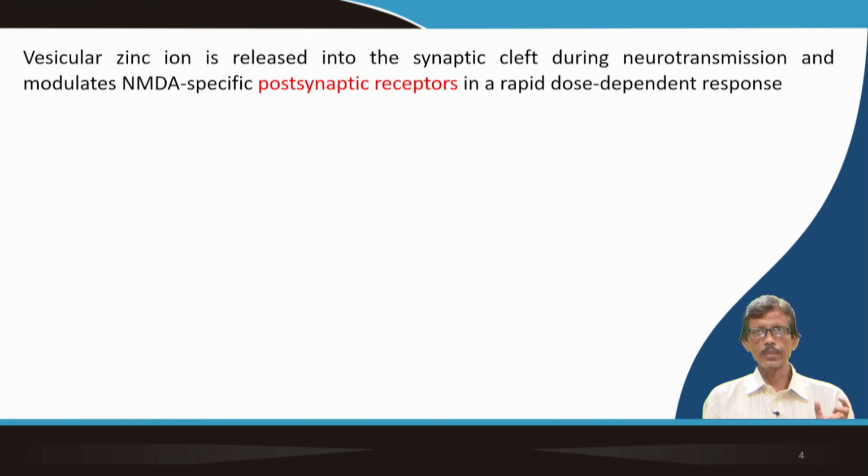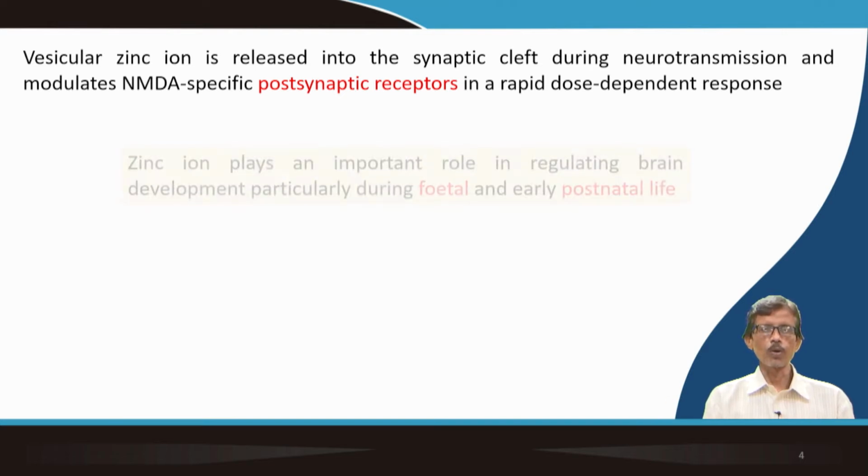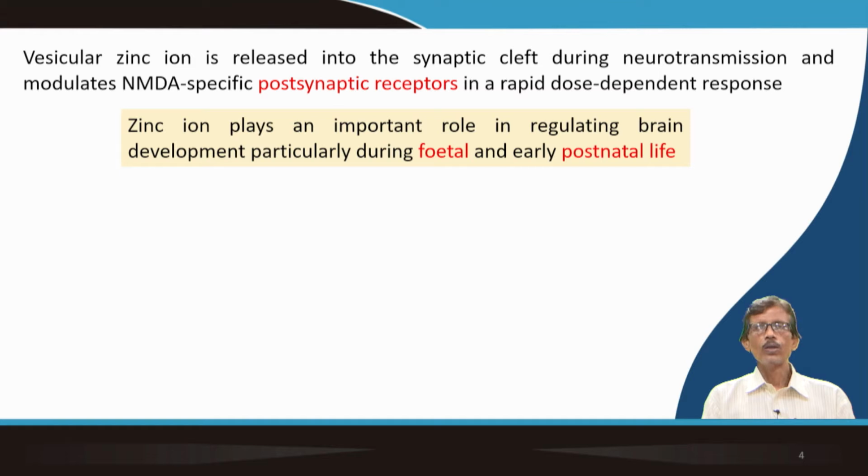So, one such system is the NMDA type, which is a specific type of receptor, but the basic thing is that it is your postsynaptic receptor with a rapid dose-dependent response. That means, if we have some neurotransmission, that means the signal is coming from the other side, suppose it can be activated by your sodium or potassium ion or calcium or magnesium ion, but it can be passed through this particular process also. So, it can regulate basically during the brain development also, because all these things are slowly crystallizing